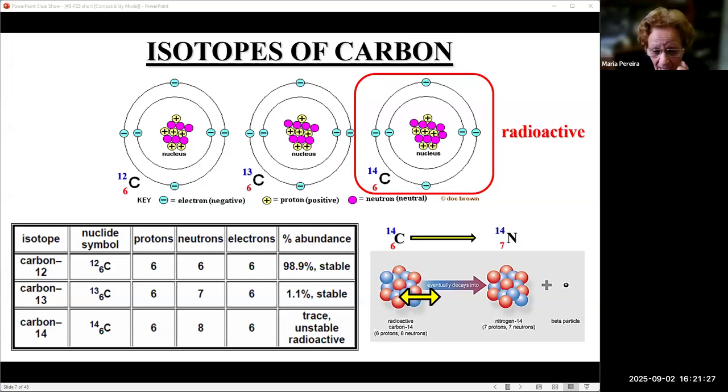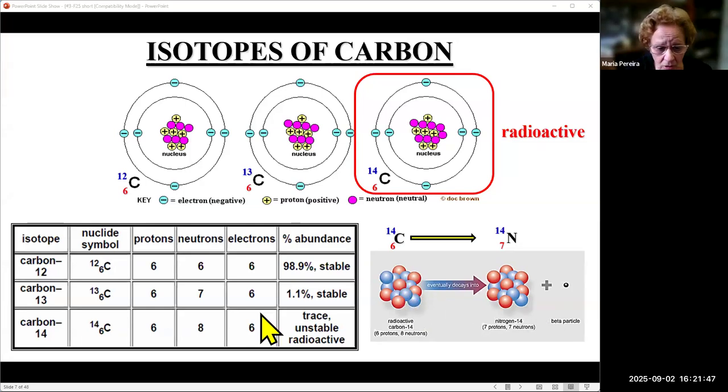So now the proton is going to be part of the nucleus. Therefore, that atom now has 7 protons. So it no longer is carbon. Now it becomes nitrogen